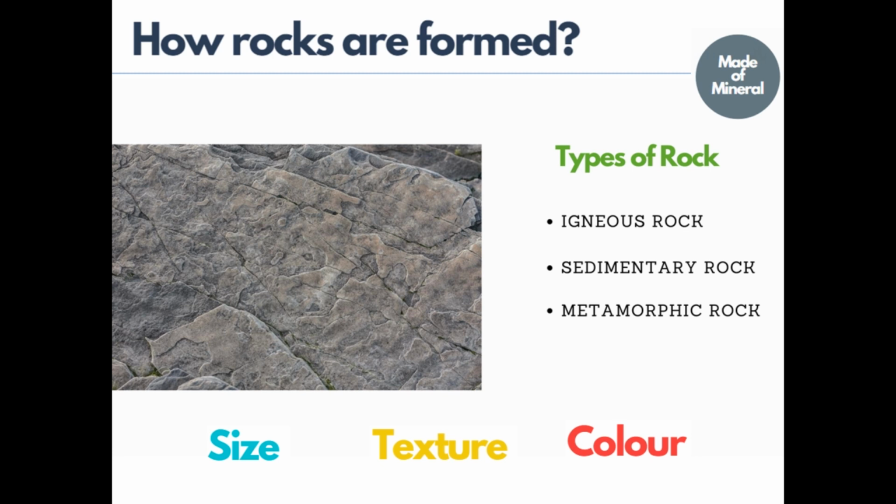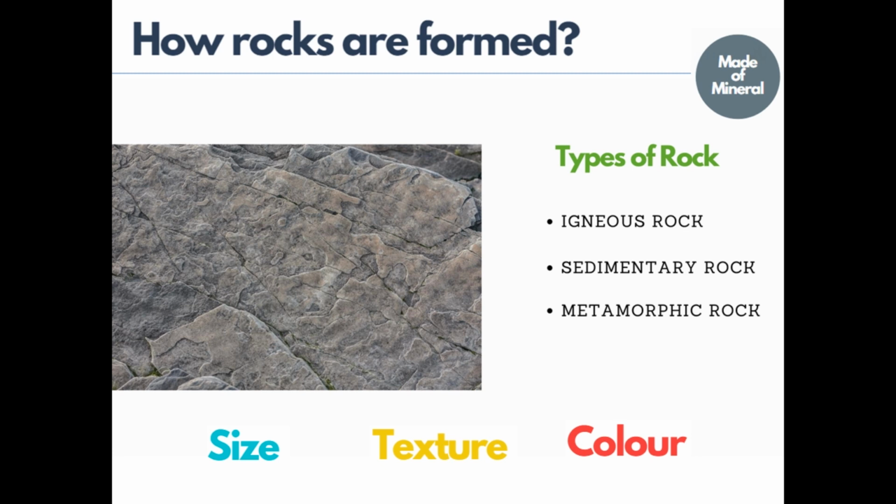Next come rocks. We are going to study about their formation and their types. A mass that is naturally found in the Earth's crust that consists of one or more minerals can be called a rock. They vary in size, texture and color. Rocks are made of minerals and we use these minerals as fuel for vehicles. Minerals like gold and diamond are used as ornaments. There are so many used in industries and there are also many yet to be discovered.